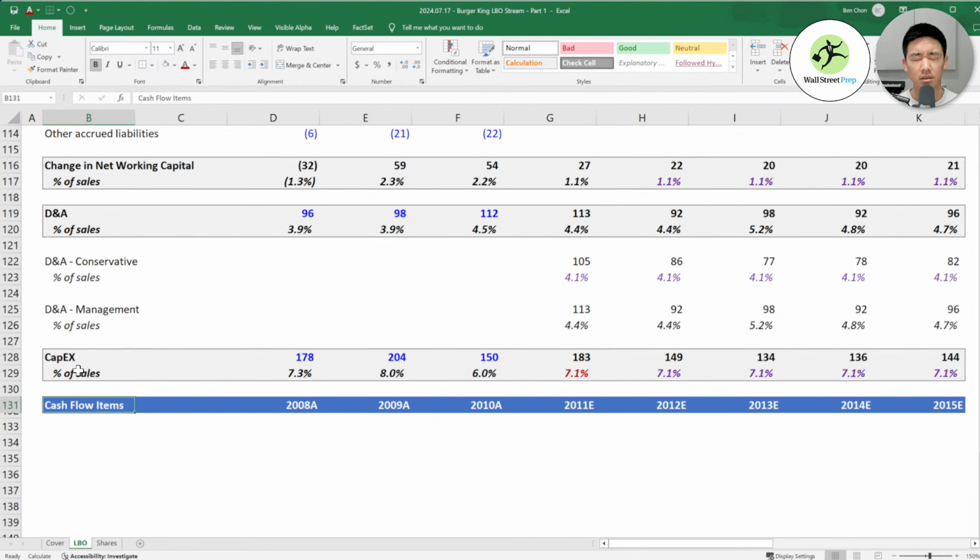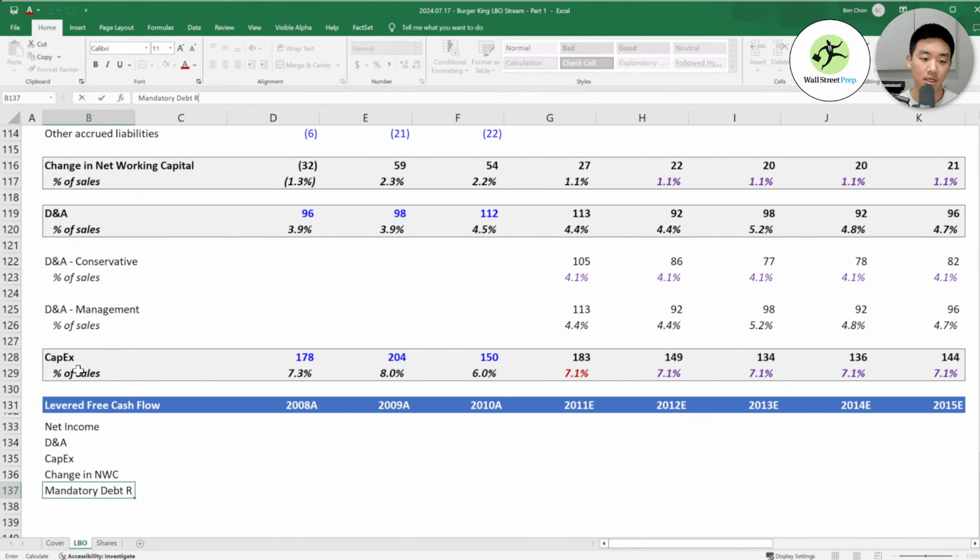So let's call this levered free cash flow: net income plus your D&A, minus your CapEx, minus your change in net working capital. And then mandatory debt repayments.